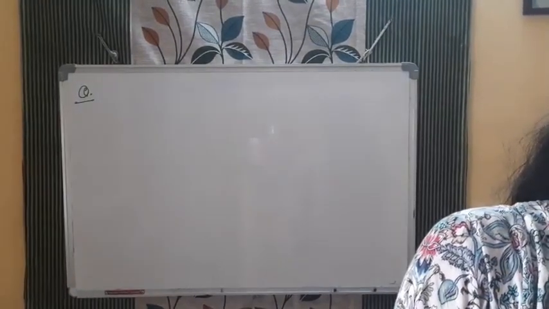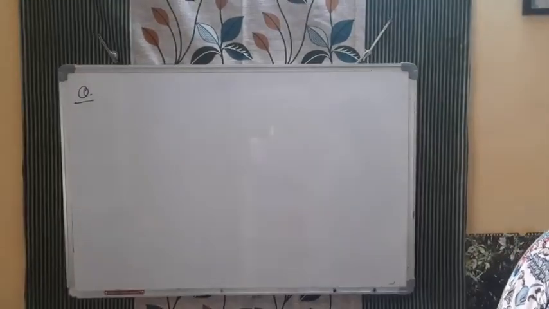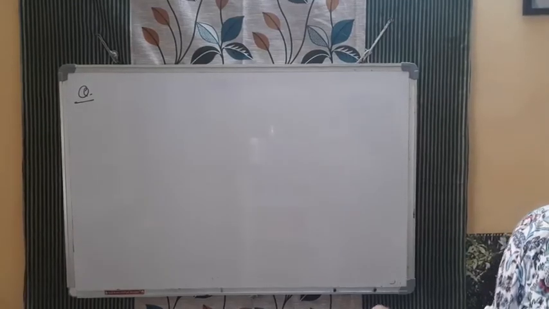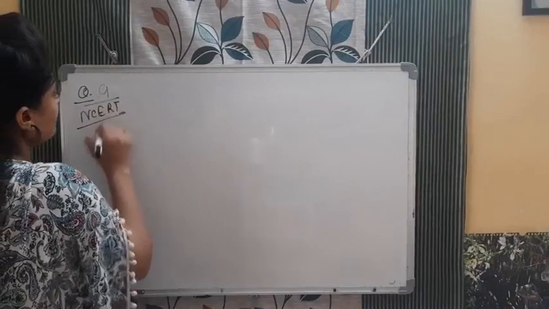Please consider that. And question number 9. The question is saying half of a convex lens is covered with a black paper, will the lens produce the complete image or not, and what are the changes that will take place? Question number 9, NCERT exercise that we need to refer.